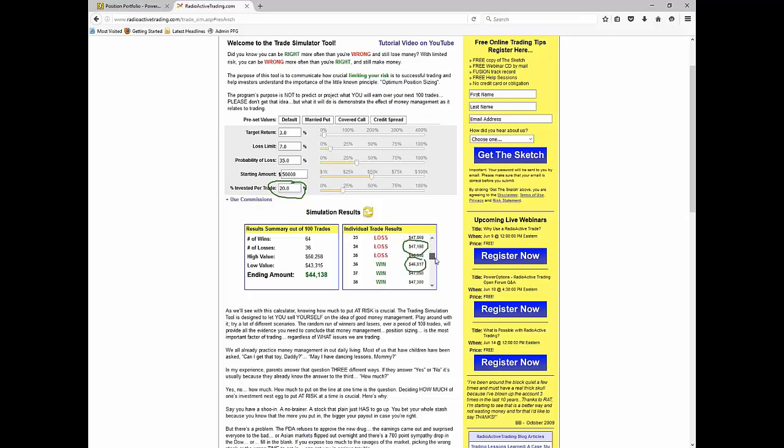Okay, and we go through our strings of winners and losers. Now down below, we have the track record. So we were right 64% of the time. At one point, we did take our account, after strings of winners and losers, up to about $50,258. But after 100 trades, 100 flips of the coin, even being right 65% of the time, we're down to $44,000. So we're down a little bit over 10% from our starting value, even being right 64%